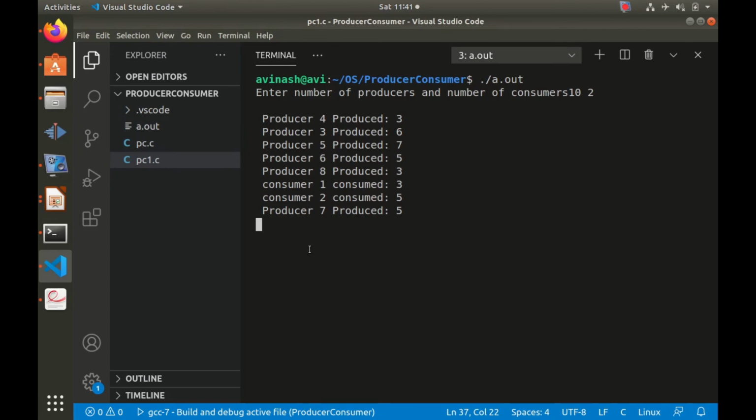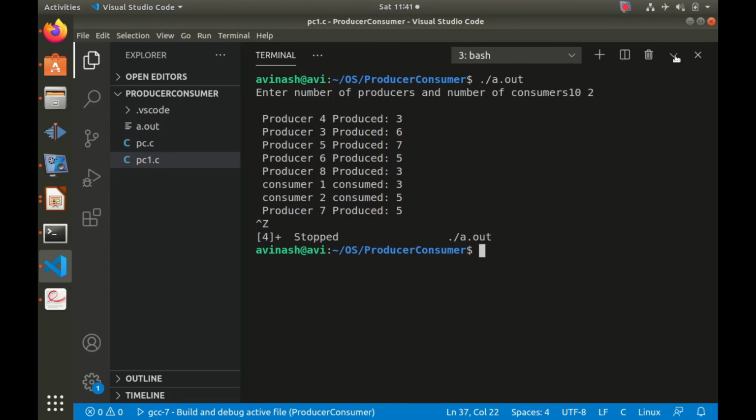The producer will wait for the consumer to consume the data, but as all the consumers have finished, there is no consumer who will consume the data, and the system will go into deadlock, because the producer will be forever waiting for some consumer to come and consume the data, but there is no such consumer in our program. So that's why this is called a deadlock in the producer consumer problem.